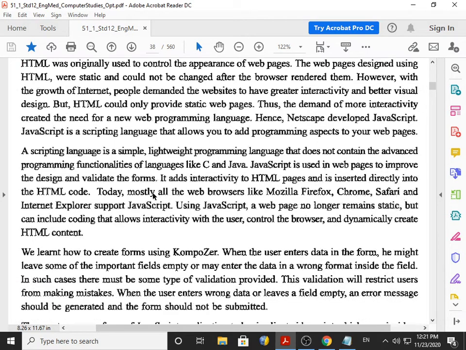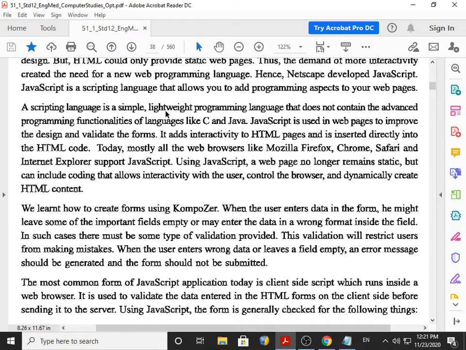Now, a scripting language is a simple, lightweight programming language, and it does not contain the advanced programming functionality of languages like C and Java. See here, a very clear-cut difference is given.